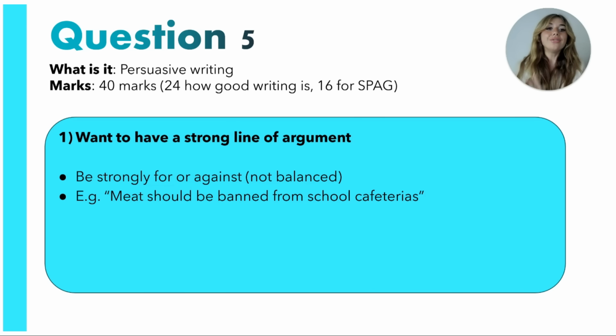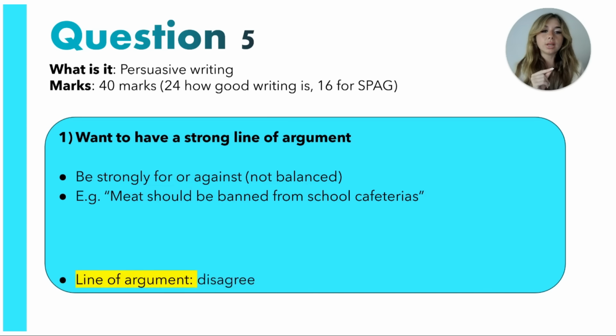So, for example, if the statement was, meat should be banned from school cafeterias, what you can do is you can still have counter arguments. Now, counter arguments are, of course, countering your main point. They're kind of going against it. But when we include counter arguments, because we don't want a balanced argument, we want to then counter our counter arguments. So counter arguments are a good way for you to acknowledge the other opinion or the other side of things, the other perspective,